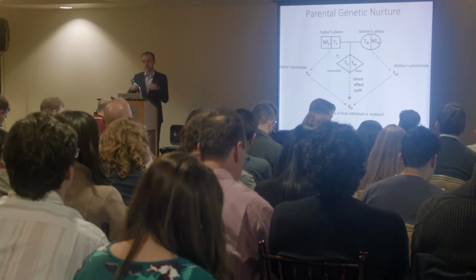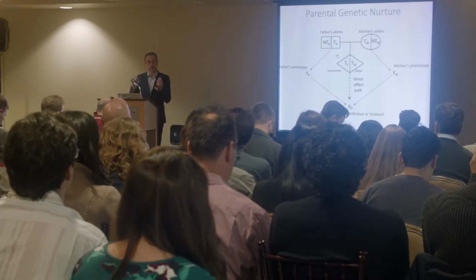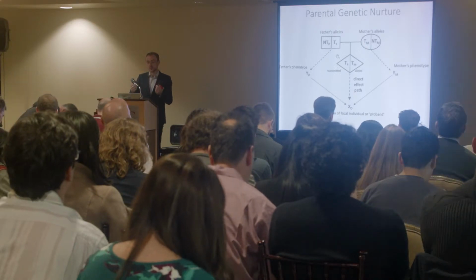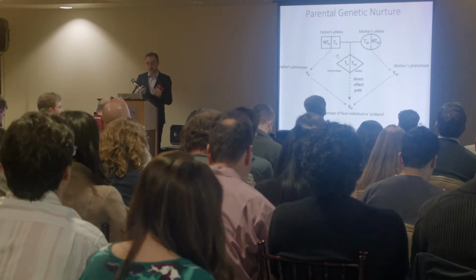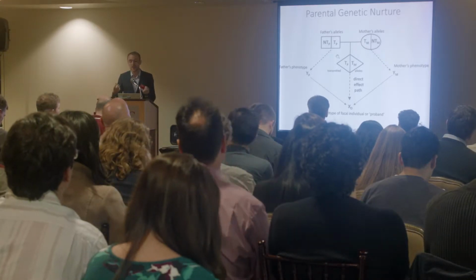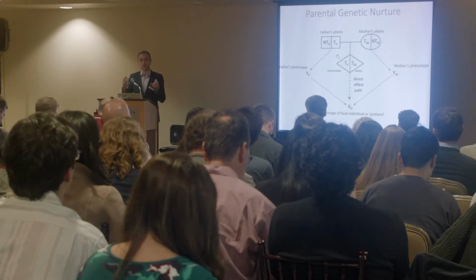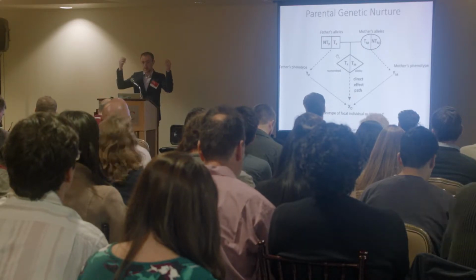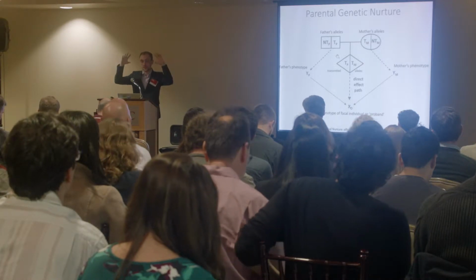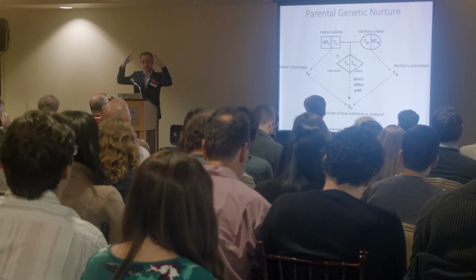So it's important to distinguish direct genetic effects, which are typically what we think of when we study the genetic effect of a trait. So if you inherit an allele, it has some biochemical effect on you, and that thereby affects your trait. That's a direct genetic effect. But any allele that you inherited was also present in your parents. So if it affected your trait, it could have affected your parents' traits. And by affecting your parents' traits, it can affect the environment through which you develop and affect your trait in